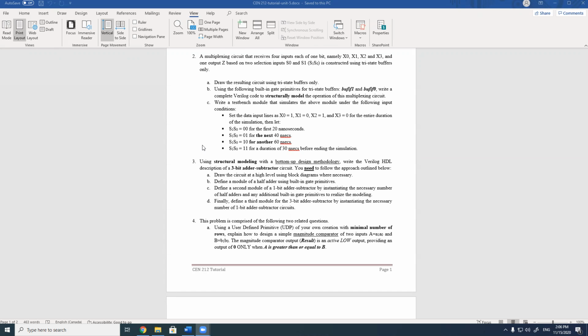Question 3: using structural modeling with a bottom-up design methodology, write the Verilog HDL description of a 3-bit adder subtractor circuit. You need to follow the approach outlined below. A: draw the circuit at high level using a block diagram where necessary. Okay, for a 3-bit adder subtractor,